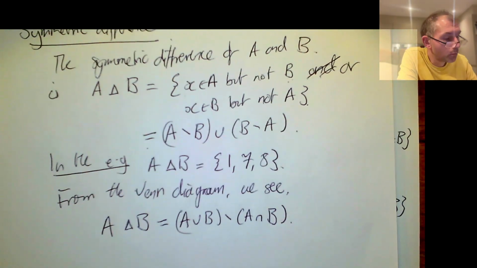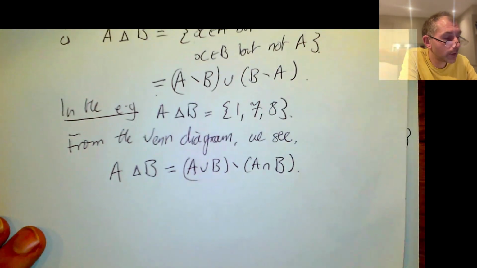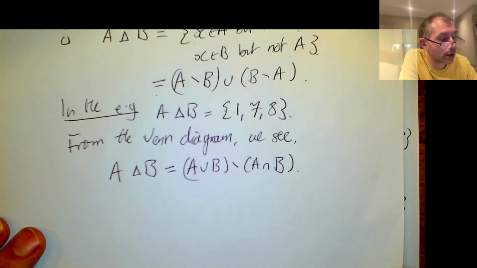And there are more formal ways of proving this, but really actually using the Venn diagram is probably the clearest way to see it. I'm going to just finish with one point further, and that's just to say what happens